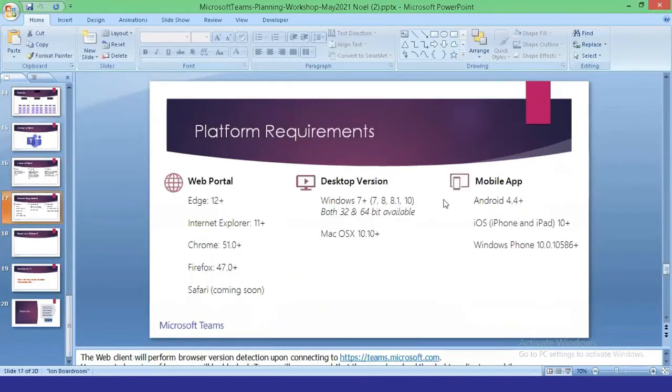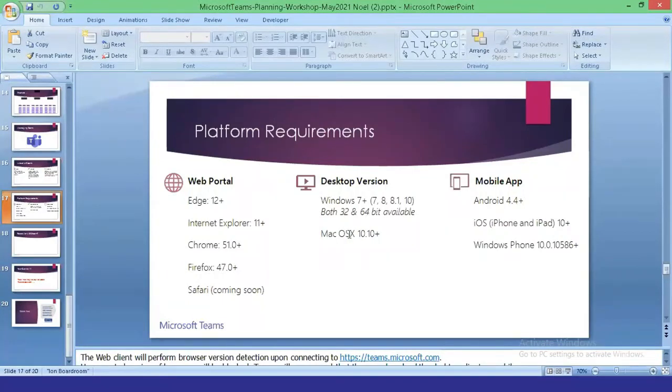This is the platform requirements, sir. In the morning session I showed the web portal; it needs a browser of a minimum of version 51, such as Chrome and Firefox. For desktop, if you are going to install it in your system, the OS should be Windows 7 and above, 32 or 64-bit.